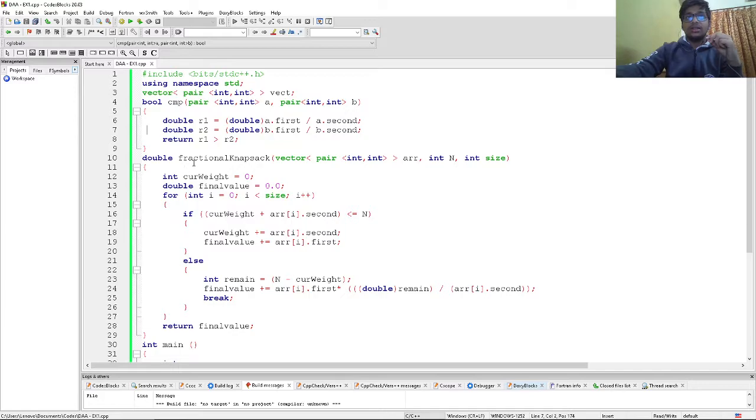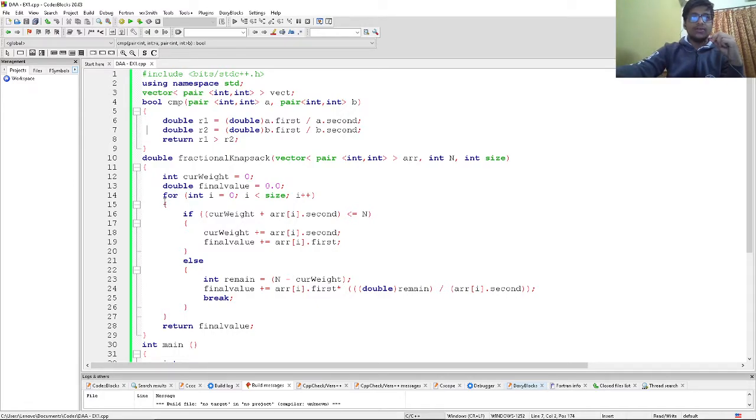Now we are creating the main thing, that is the storing part, which is a function known as fractional knapsack. We have taken two parameters with int data type, an array, and another int variable n, and also a size. Now we have created int current weight equal to 0 because the starting weight is 0. When the object's weight is added, it will show afterwards. Then we have created a final value 0, because initially everything is 0 as we haven't put anything in the knapsack. That's the storage capacity basically.